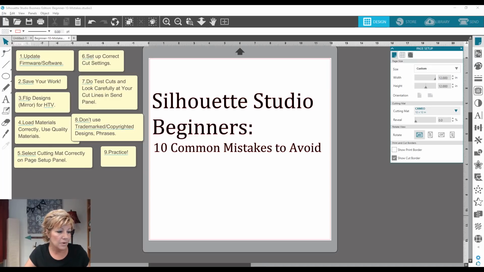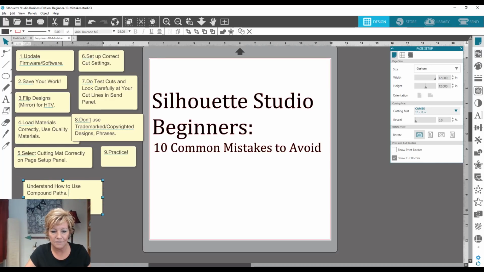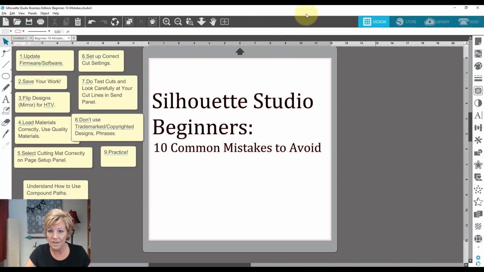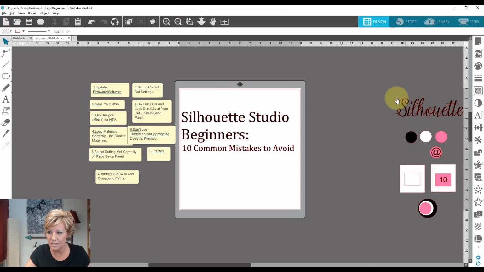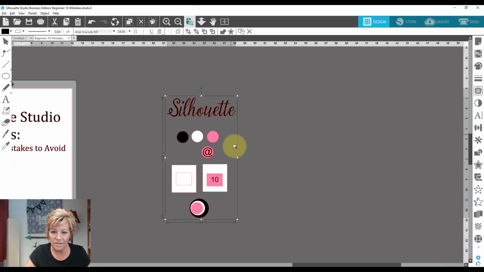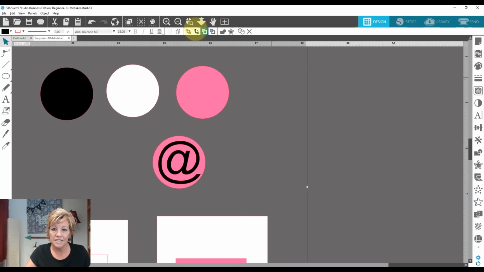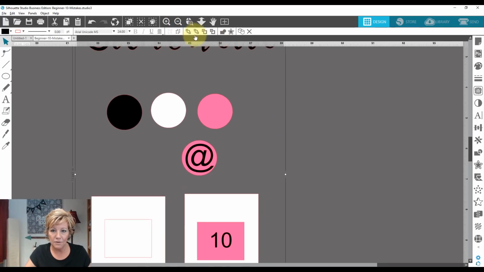The last one that I'm going to hit on is compound paths. It's important to understand the difference between grouping and ungrouping, compound paths and releasing a compound path, and welding and unwelding. So I'm just going to move over here. I have a little example for you just to give you a basic idea. I'm just going to make this a little larger so that you can see it. And just to demonstrate for you really briefly,